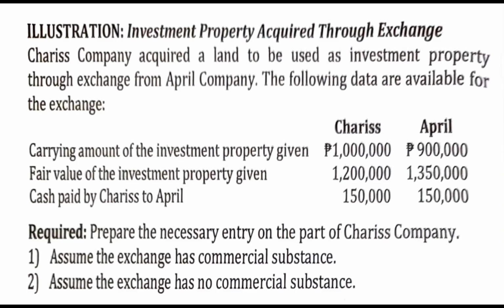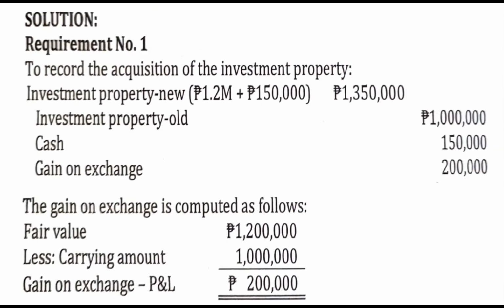So we have here an illustration of investment property acquired through exchange. Cherry's Company acquired a land to be used as investment property through exchange from April Company. The following data are available for the exchange. Required: prepare the necessary entry on the part of Cherry's Company, so we focus on Cherry's. Requirement number 1, assume the exchange has commercial substance, and number 2, assume the exchange has no commercial substance. So let's first start with requirement number 1. To record the acquisition of the investment property,